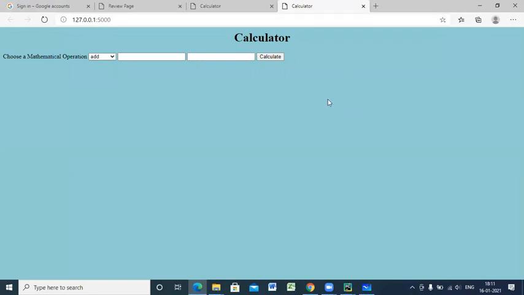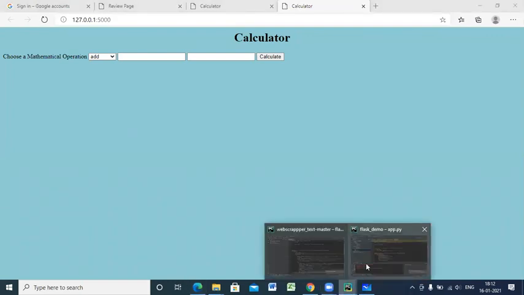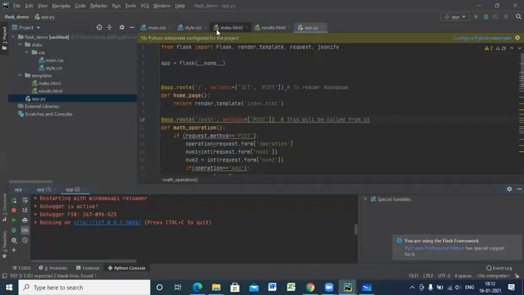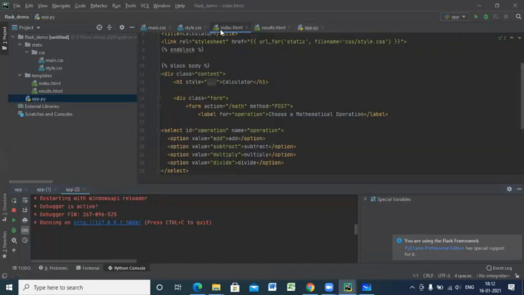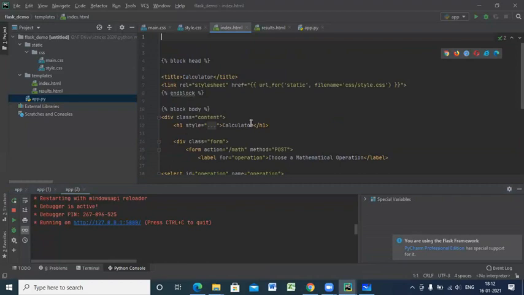Now if you ask where we are getting this particular UI, we need to understand that. So I'll show you where that UI is. Here we go and check for index.html. We go to the index.html file here. In the index.html, as you can see, I have written some code. The code has the head block, and the title is Calculator.